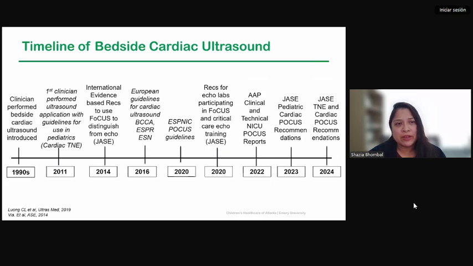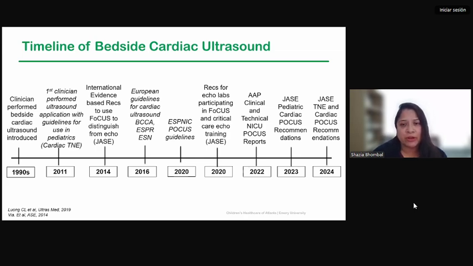So from a neonatal standpoint, bedside ultrasound has really evolved over the past few decades. Initially it was reported as a tool for evaluation of abdominal trauma in the 1970s. In the neonatal world, the Australian neonatologists were very early adopters of cardiac ultrasound in the NICU in the 90s. And then subsequently we had targeted neonatal echo guidelines in 2011. But more and more it was recognized that we needed to be able to put the probe on these patients and triage, get these patients to